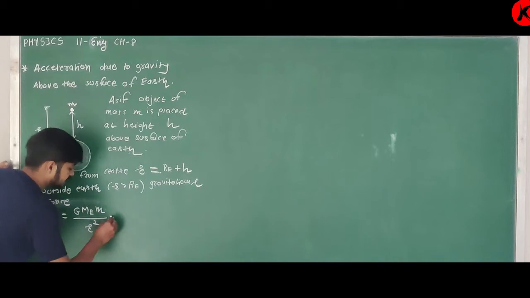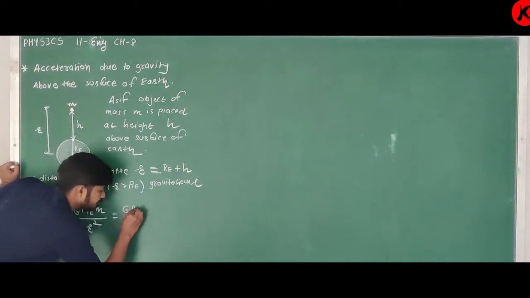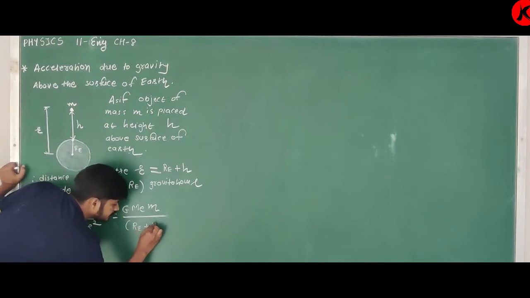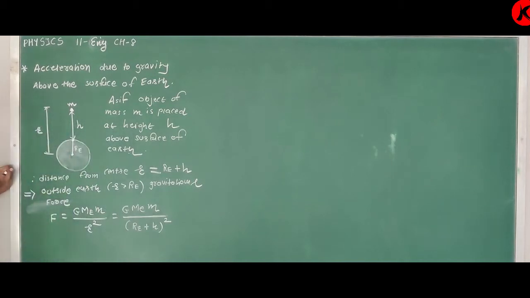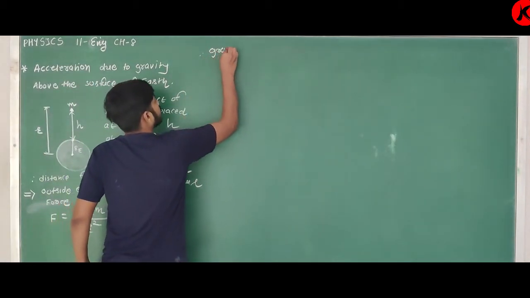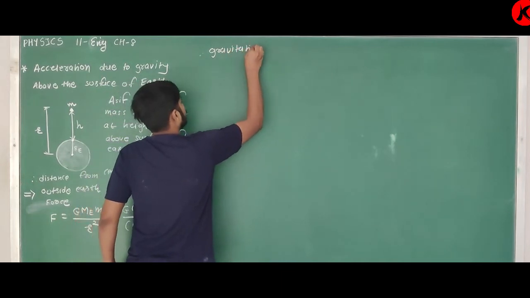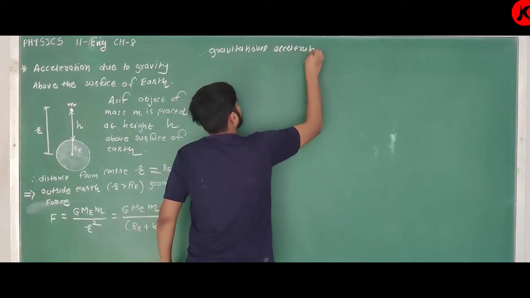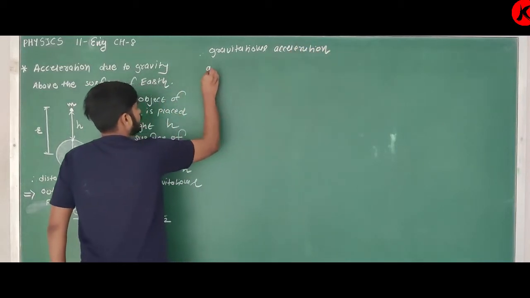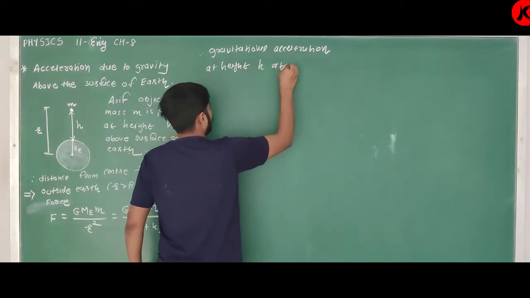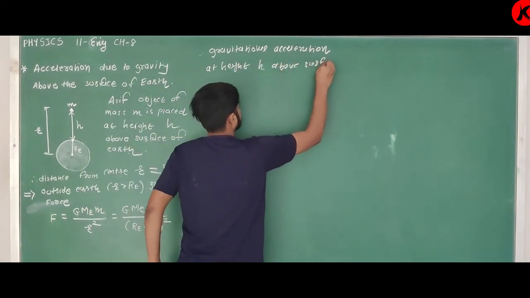Why consider the whole mass of Earth? Because the point is outside, so all these spherical shells have their masses concentrated at the center. I can also write this as G M m upon (RE plus h) whole square. Clear? So the gravitational acceleration at height h above the surface,